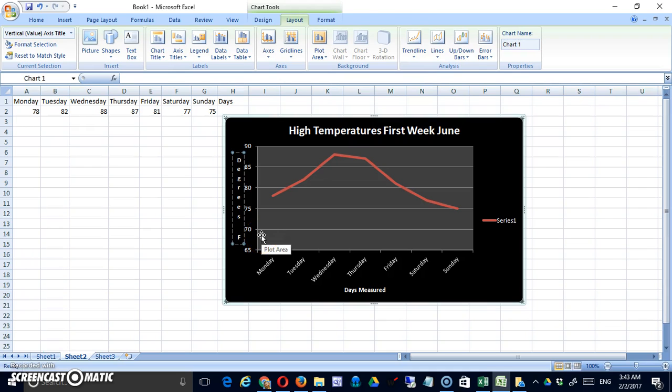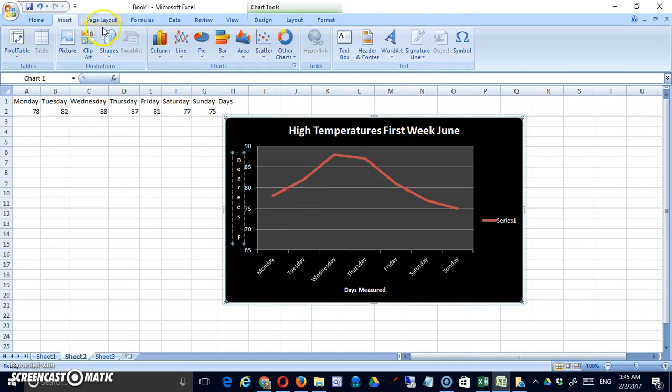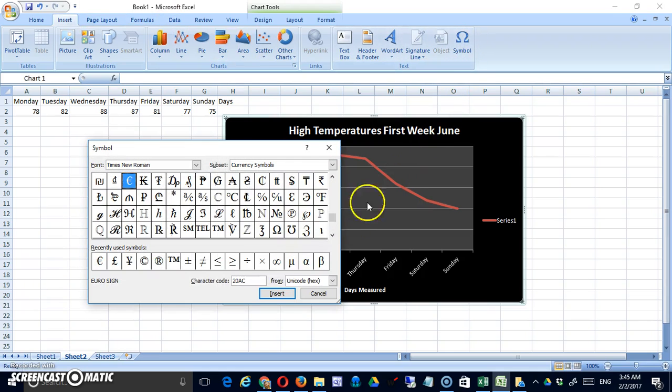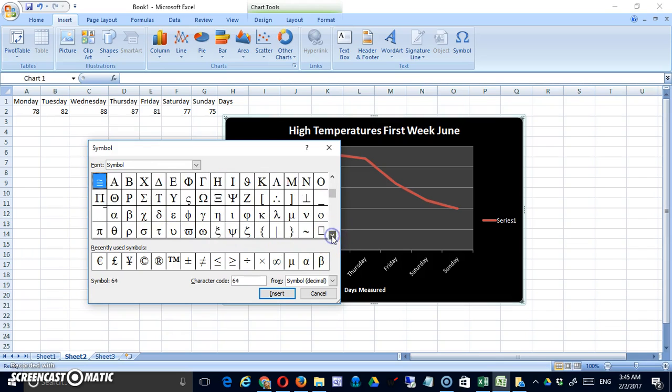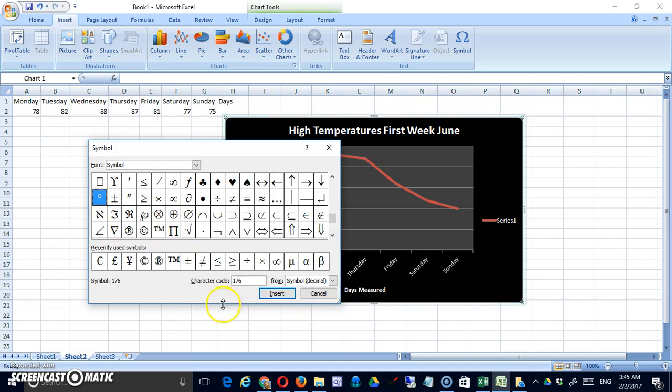Well, there are a couple of ways. The first would be to go to the Insert tab and up the symbol. I'm probably going to change this character set. You can see you have different characters, but it depends on the font that you're using. So by scrolling down, I can find something called symbols. And there you will have a degree sign. Now notice it's got a character code of 176,